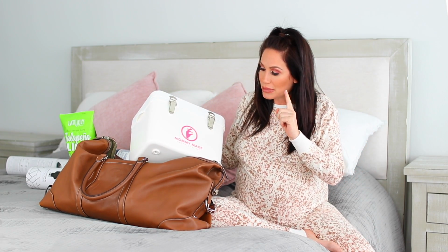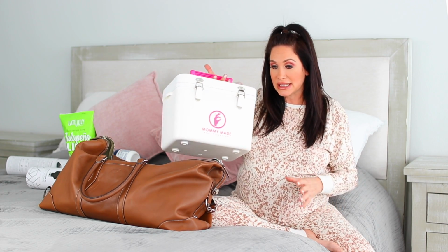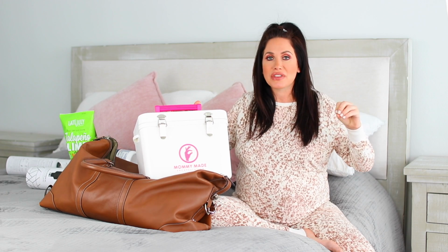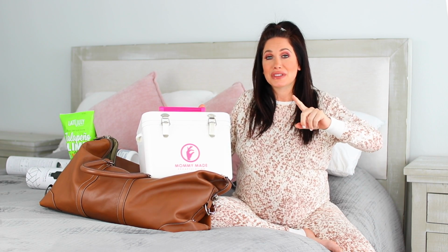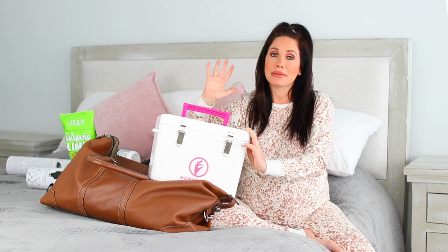So this is Mommy Made encapsulation. This is really cool. A lot of people have been doing this lately. There are so many benefits. I know it sounds kind of primal and gross to some people. I really wish I would have saved my placenta with Snow, but I didn't. This time around, I'm definitely saving it, and I'm going to encapsulate it,